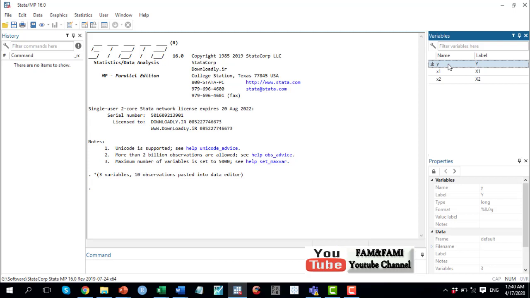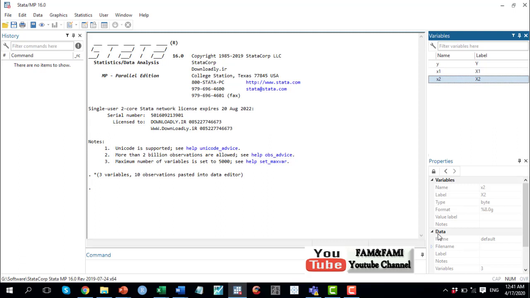If you click on some variable, say y, now look at the properties window. You are seeing the variable properties: name y, its label is capital Y, type long, and the format. Similarly, if you click on the second or third, you see this.